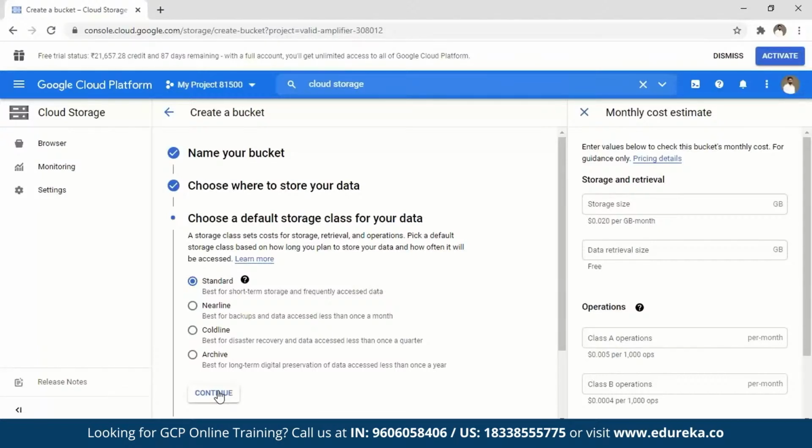In some cases, you might want to store your data for a longer duration, maybe around a quarter or 3 months, as we say. That is where you can use your cold line data. And finally, you have your archival data, which is for a duration longer than 1 year.